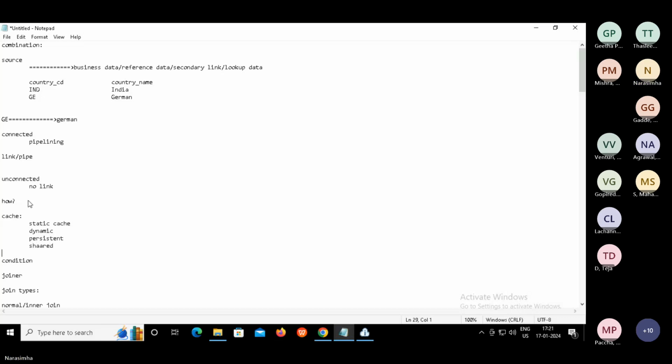By default, Informatica uses static cache, meaning for the complete lookup data it creates a cache, and source data is compared with the cached data to perform the lookup. That is, compare whether the country code matches with the source or not. If it matches, get the corresponding country name. That's it. Simple example, right?